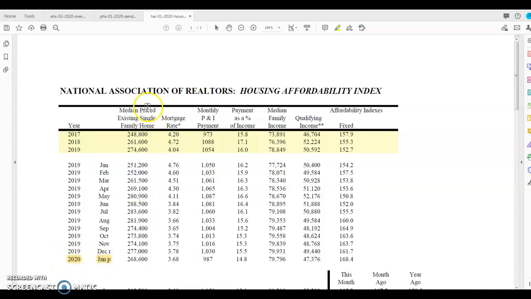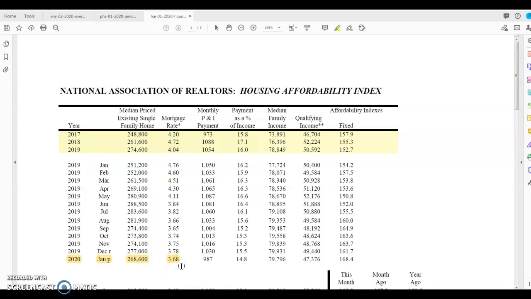So the first column shows us the median price of an existing single-family home. It's $268,600. The next column shows us the mortgage rate, 3.68. Now, this 3.68 is based on a traditional mortgage, which means it's a 30-year loan. You put 20% down, and you have a fixed interest rate for that entire period. That's the typical way that